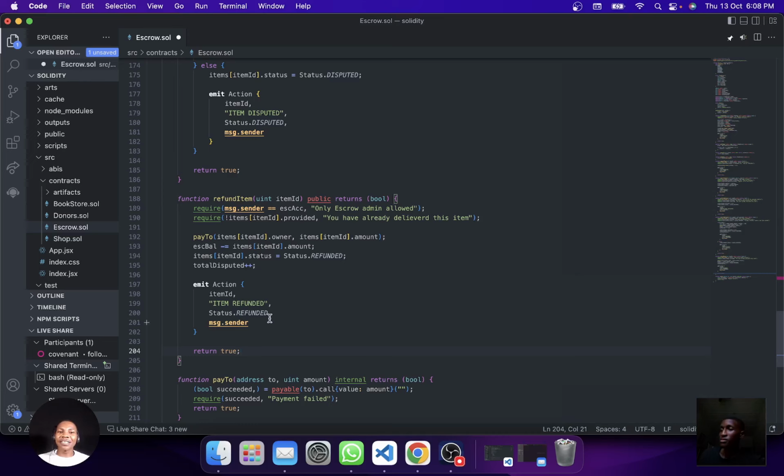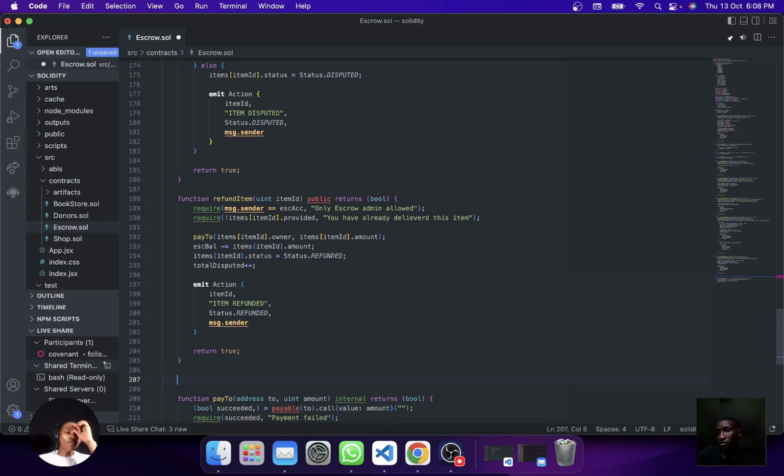And lastly, the function I want to create here is called the withdraw function. That means we, the escrow platform. This is our own function that we use in withdrawing money that is available to us, from all the fees that we've been charging. Okay, that is what this particular one is for. So we say function withdraw